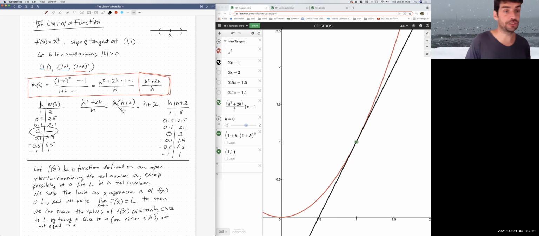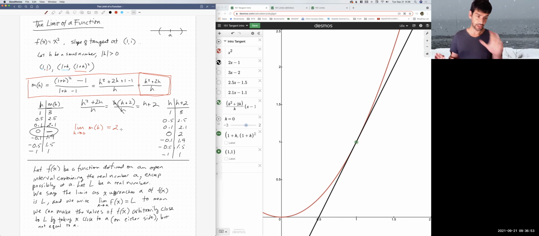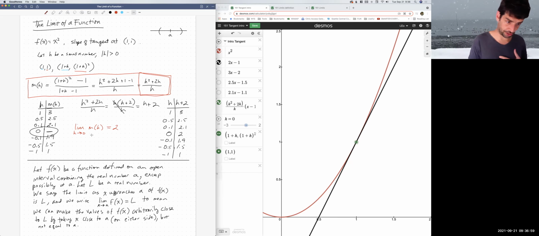What I was demonstrating with these tables is that the limit as h goes to 0 of m of h is equal to 2. Okay, so this is what I was demonstrating in this little exercise, right? So using our notion, what we mean by that is I'm claiming that this function, h squared plus 2h over h, I can get it as close as anybody asks me to the value 2. All I have to tell you is how small h has to be, how close to 0 h has to